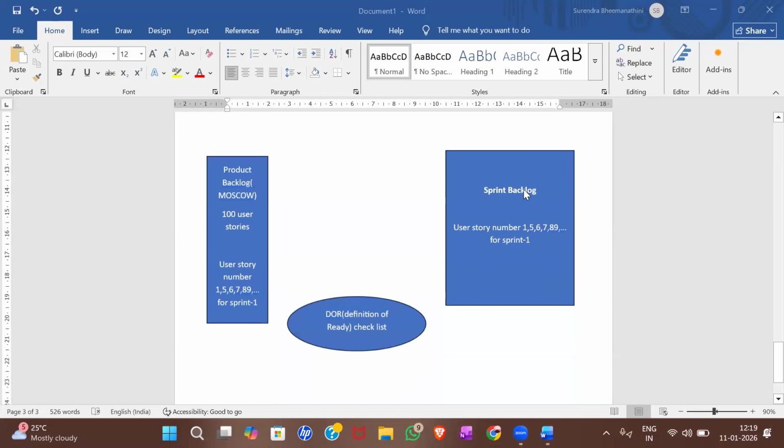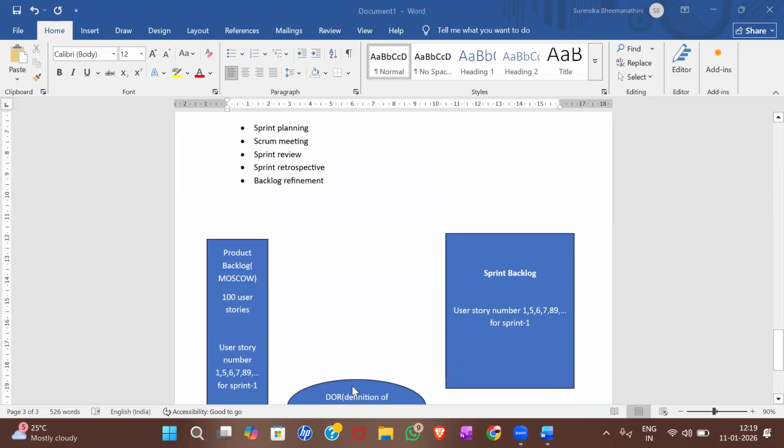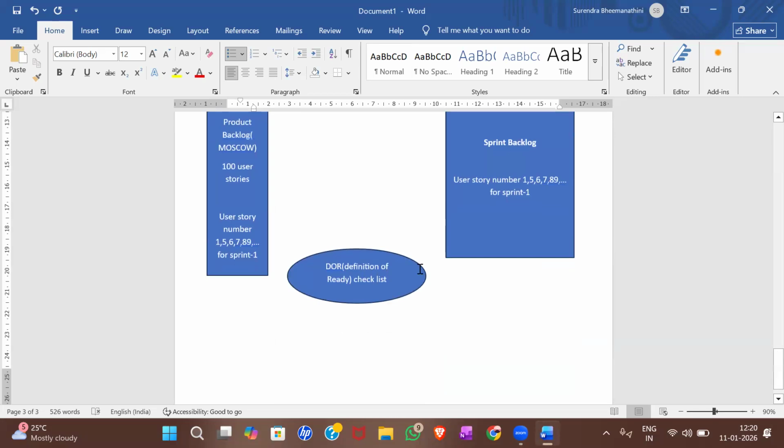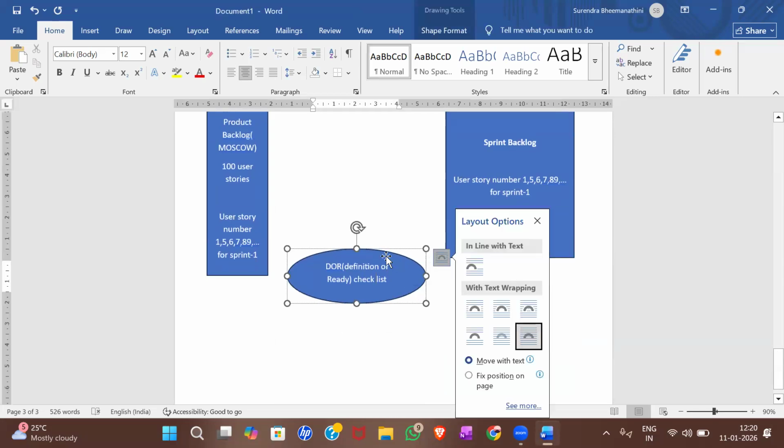Right. And after your sprint is completed, you will have a sprint review meeting, which means a completed small piece of working software will be delivered to a stakeholder. So before that happens, you have another checklist called